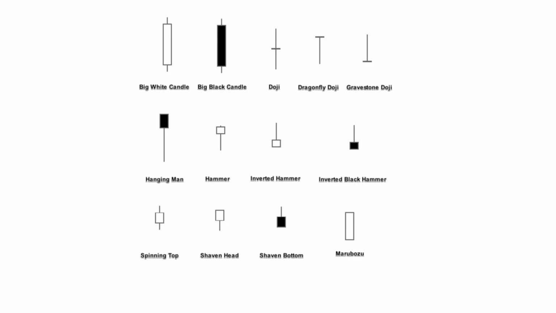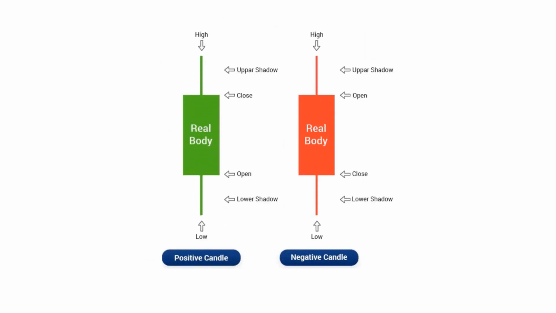There is no need to understand all these combinations. In this and coming videos we will discuss very basic and effective candlesticks. Few important points to remember. First, the largest part in a candlestick plays the most important role. This can be upper wick, body, or lower wick.